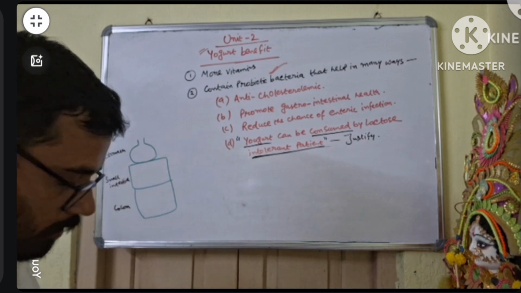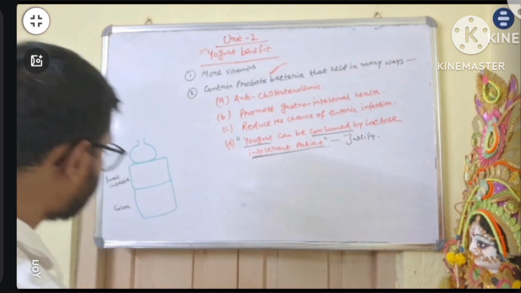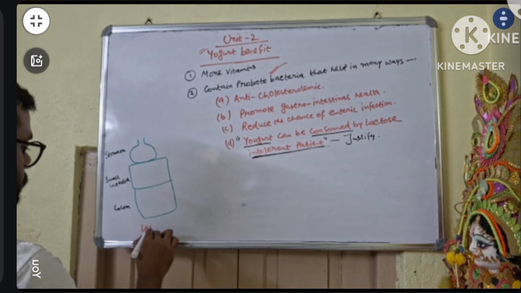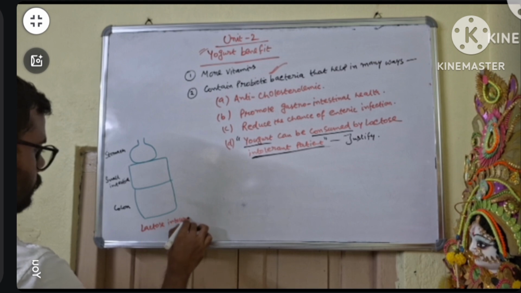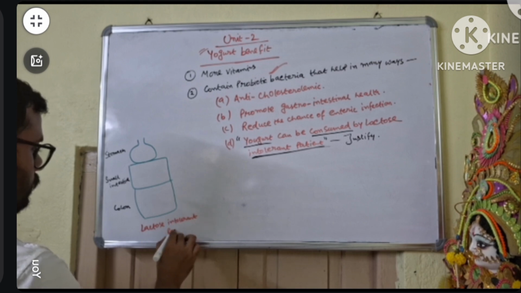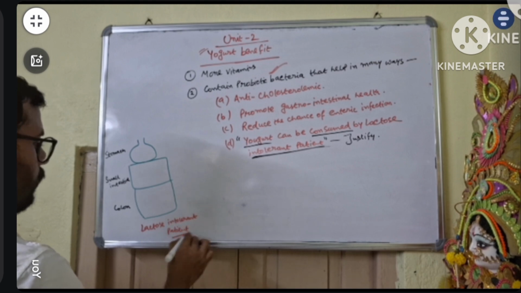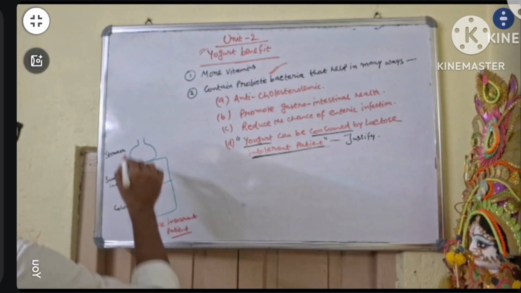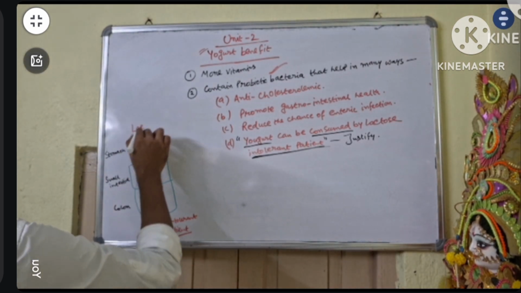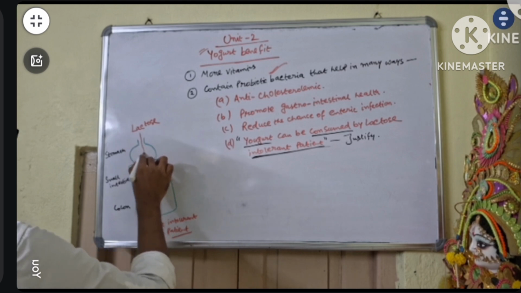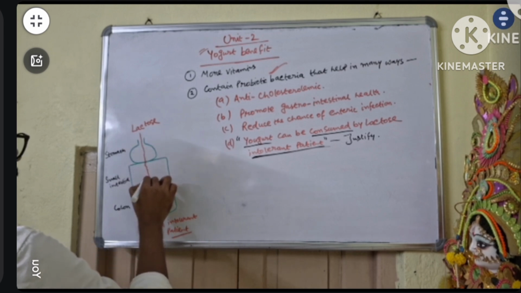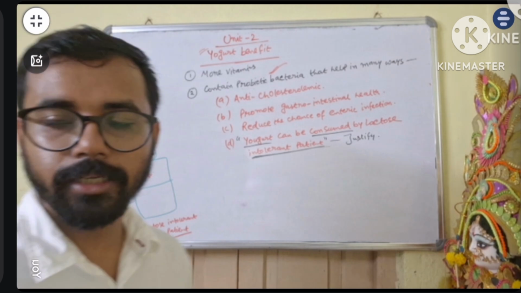Correct? In the case of lactose intolerant patients, we are talking about lactose intolerant patients. The lactose that is consumed could not be digested in the stomach, could not be digested in the small intestine also, because the small intestine lacks